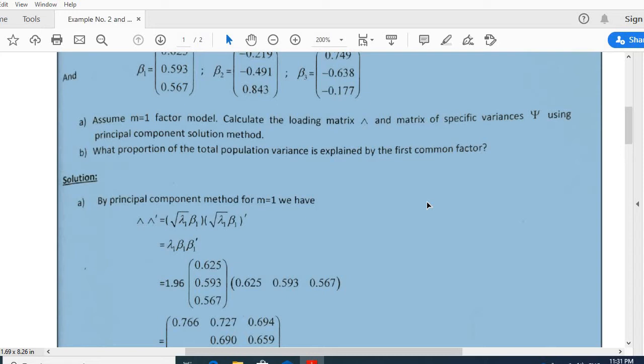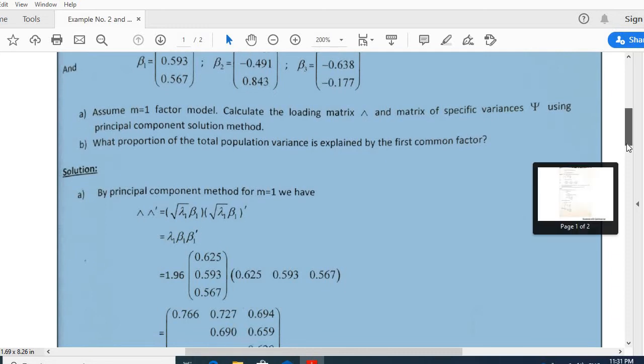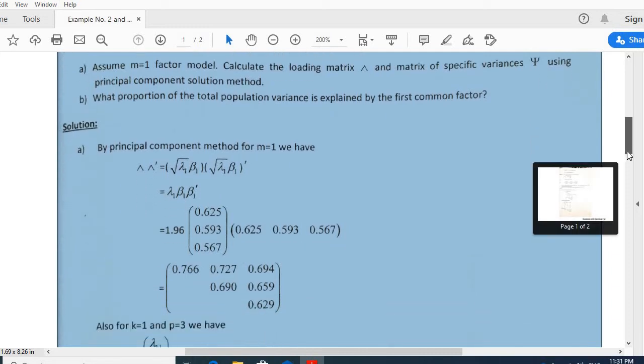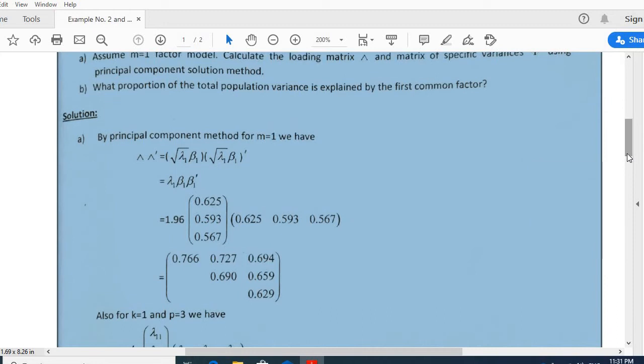So it may be written as lambda 1 and beta 1 into beta 1 transpose. Replacing the respective values and multiplying the column and row vector,